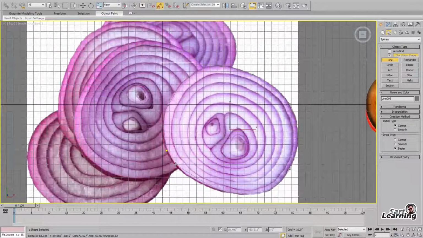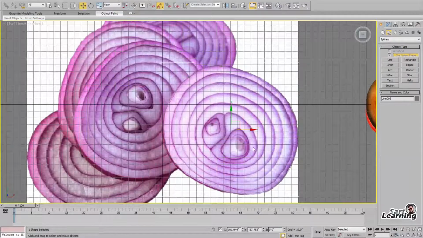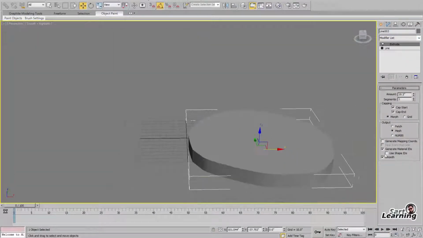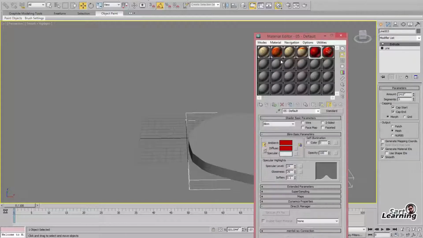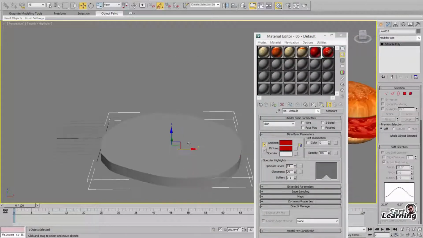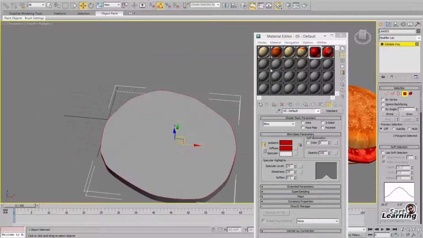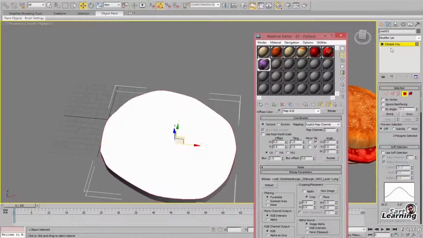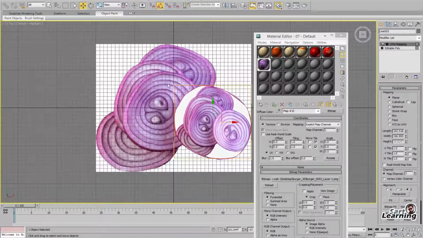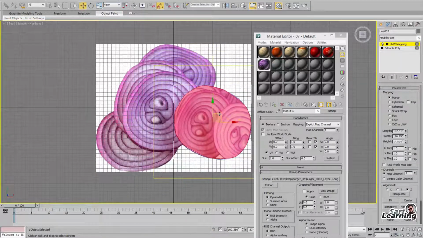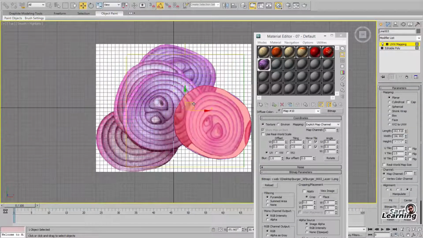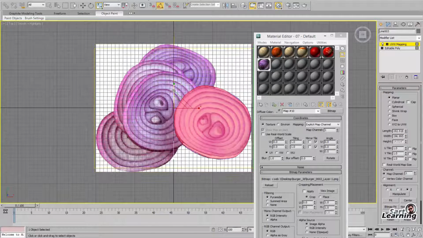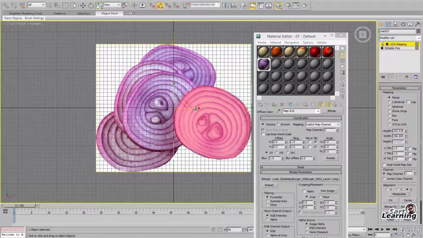So with the line tool, create an outline, then extrude and apply the texture of onion. Select your polygons, apply texture of onion, apply UVW map, and with the help of the gizmo press 1 and move your texture which you created by the reference and place accordingly.